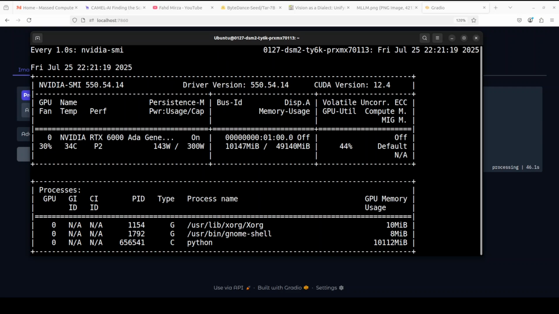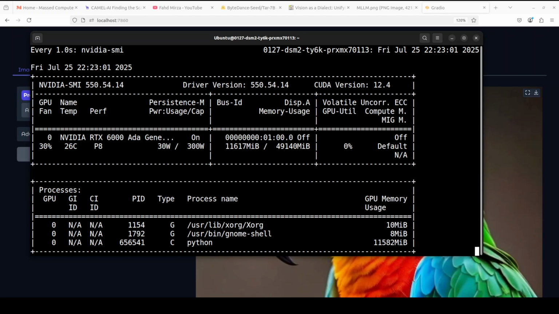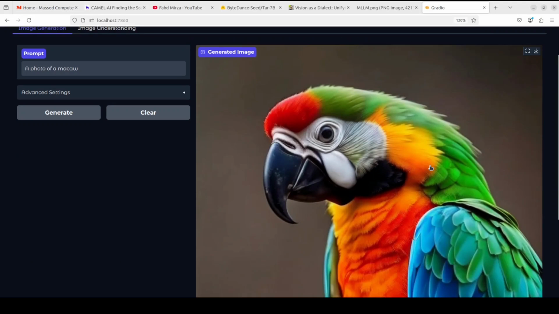So this is where the VRAM is hovering around, as you can see, now over 10 gig and steadily increasing as in the background it is processing that image. Okay, so this is the max. It has gone just close to 12 gig of VRAM,